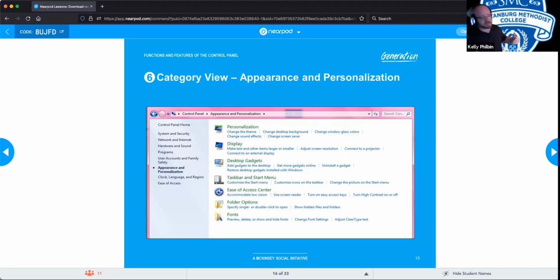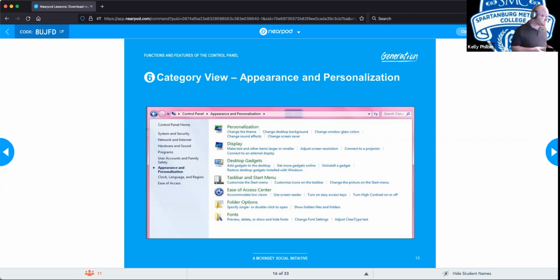Do you want it on the bottom? Do you want it to be where you scroll the mouse down and it pops up when the mouse is there? Or do you want it locked so it's always permanently there? Does it annoy you to be on the bottom? You want it on the top? You want it on the sides? You can set all of this from your taskbar and start menu and adjust how it looks,